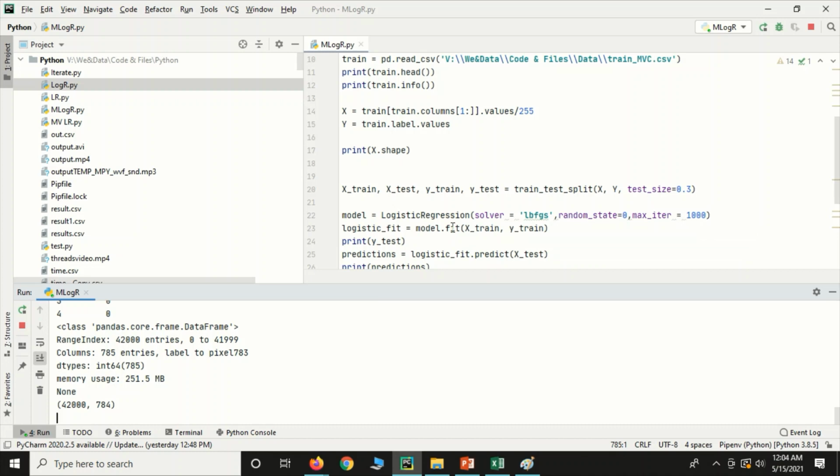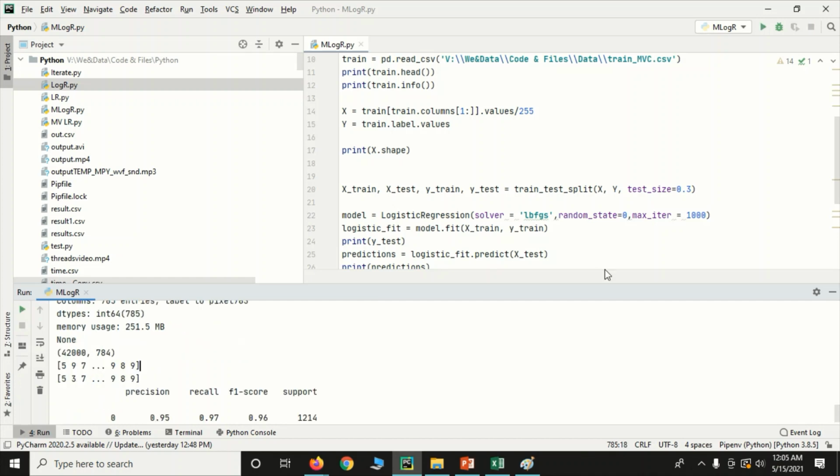LBFGS is an optimizer for the logistic regression. Random state is 0, and maximum iteration is set to 1000. Now it has finished.